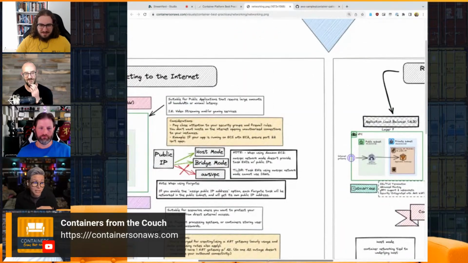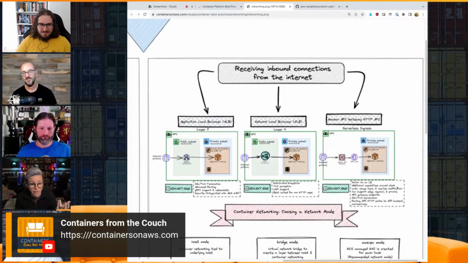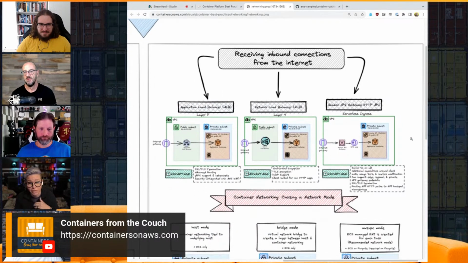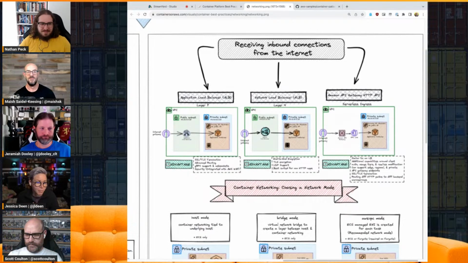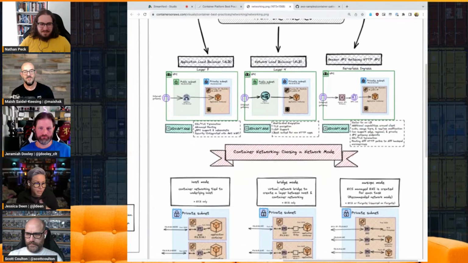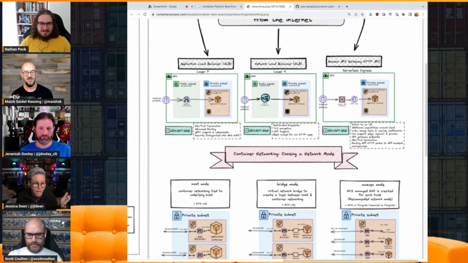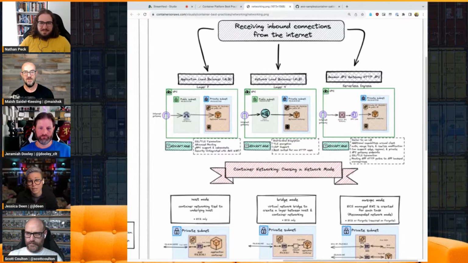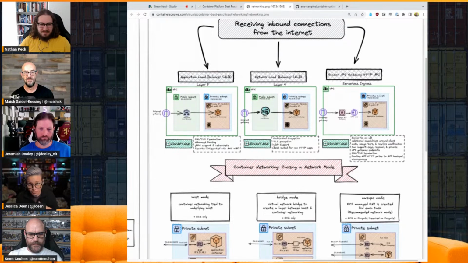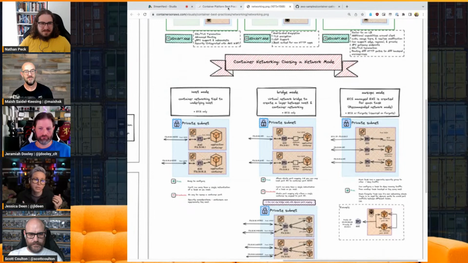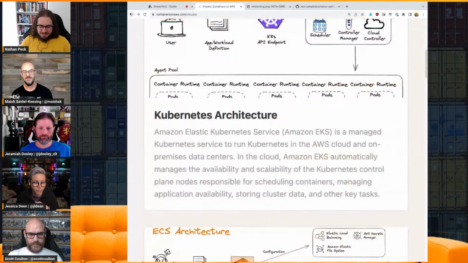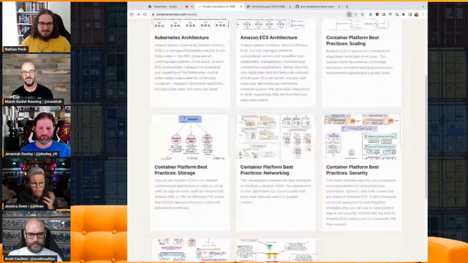It's designed to be something that you can zoom in on. You can download the images. If you prefer light mode or dark mode, you can download them in the color scheme of your choice. You can visualize different scenarios, for example, receiving inbound connections through an ALB or an NLB or through Amazon API Gateway. And then there are other scenarios, like what a Kubernetes cluster looks like, what an ECS cluster looks like. There's a wealth of different types of drawings on there.